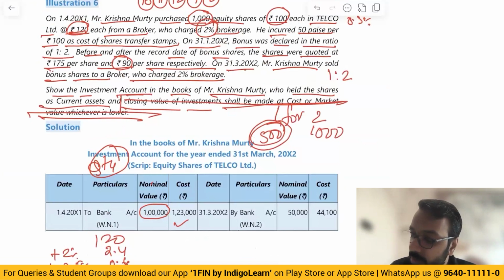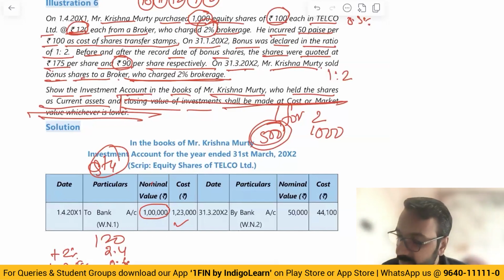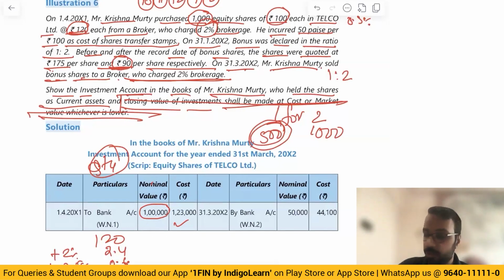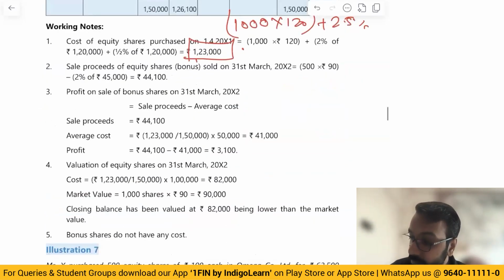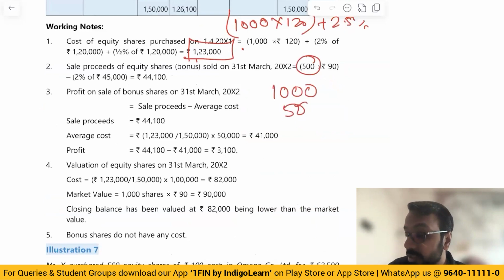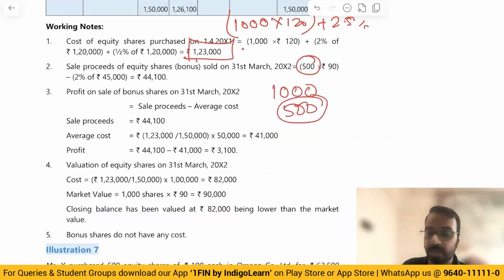Then on 31st March, Mr. Krishnamurthy sold bonus shares to a broker who charged 2% brokerage. Now, sir, what value did we sell it at? Nothing has been given, so we can assume that we sold it at this number, that is after the bonus issue. So 90 is the sale value. How many shares did we sell? We sold 500. See, we had 1000 shares. We got 500 as bonus. This 500 we sold. So 500 into 90, we get